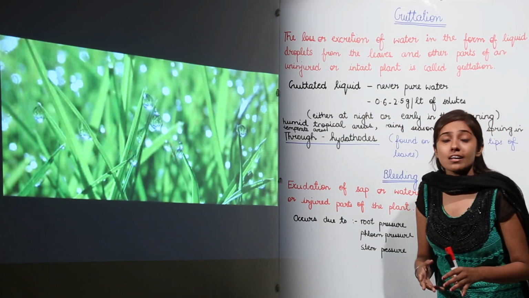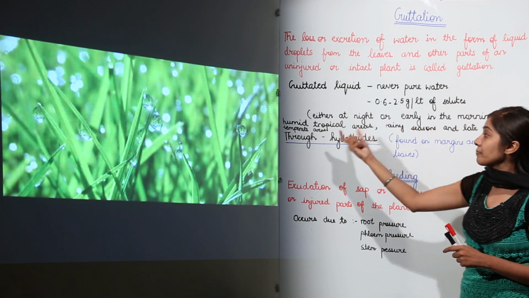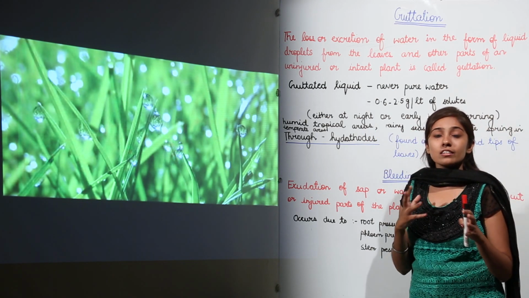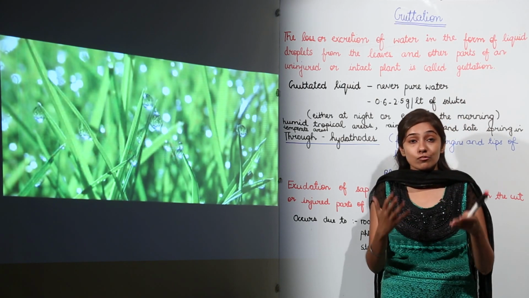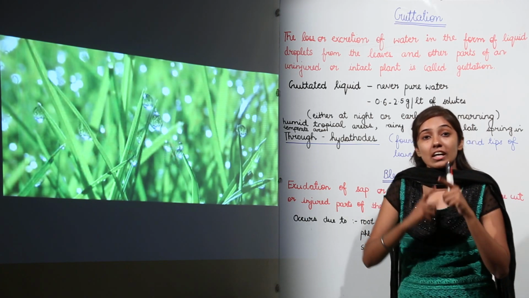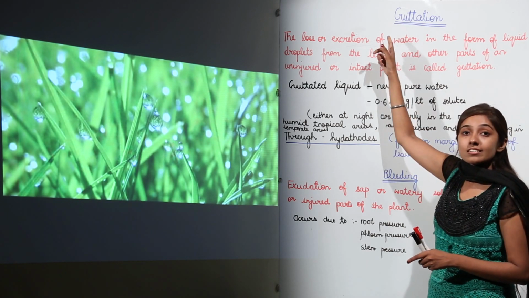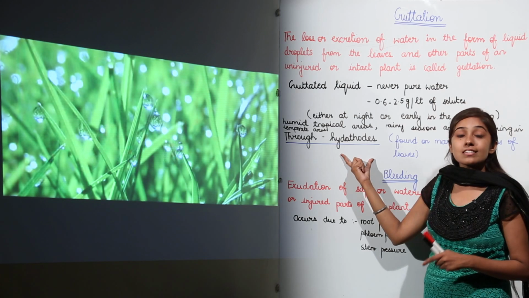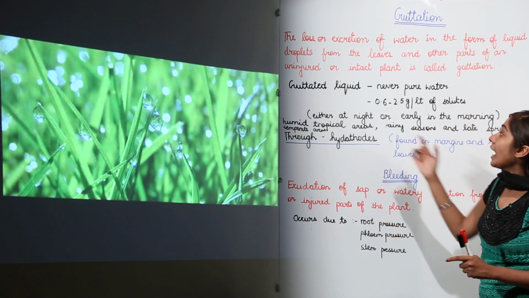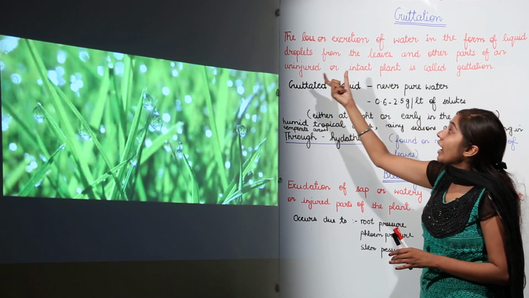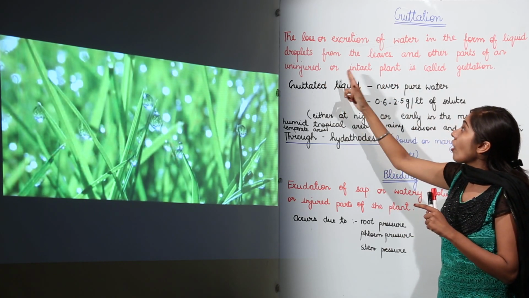In which type of areas is guttation found? In humid tropical areas, rainy seasons, and late spring in temperate areas. So you can say it occurs in early growth stages, when there is active growth and the transpiration process is less. When transpiration is less, water loss or excretion of water occurs through this process, guttation, from the structures that we call hydathodes. Remember, it takes place through hydathodes, right? And this is from uninjured or intact plant parts.